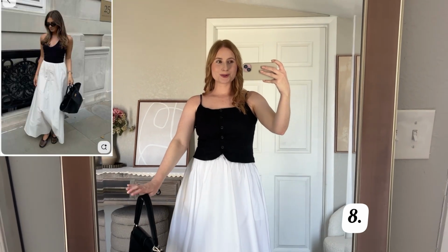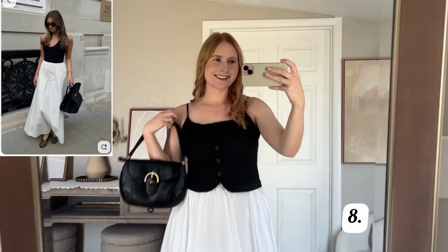Just a really great square-necked maxi dress. I grabbed this in a size medium, and it's giving me the polka dot trend without spending too much. This one's only $40. I also just recently put together a recreation of Pinterest outfits video, and I wore this